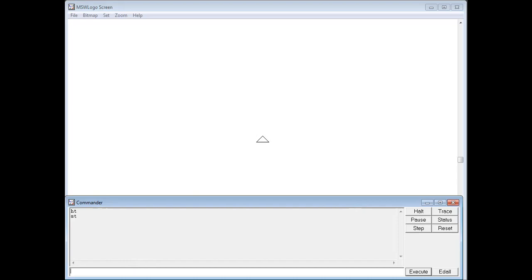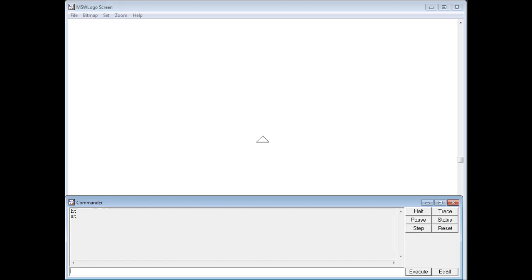So here the next command is PU. PU means pen up. The function of the pen up command, students, is that when we are writing anything, the turtle will move but won't show anything. This command lifts the pen up.